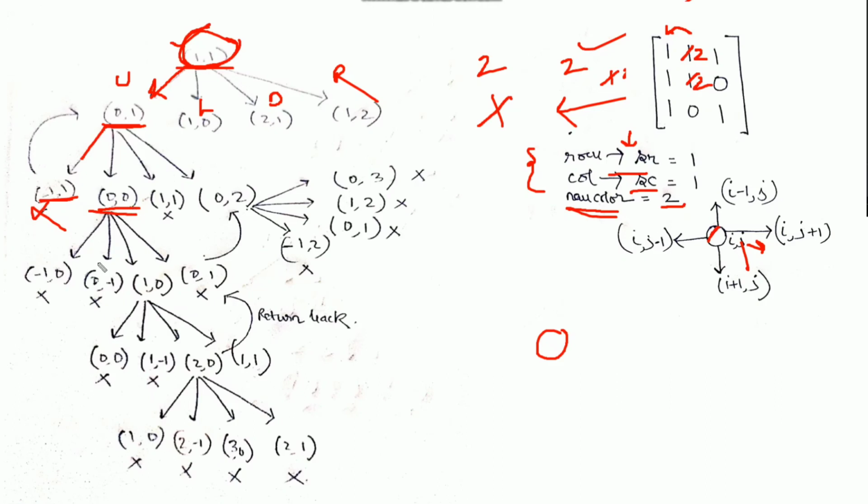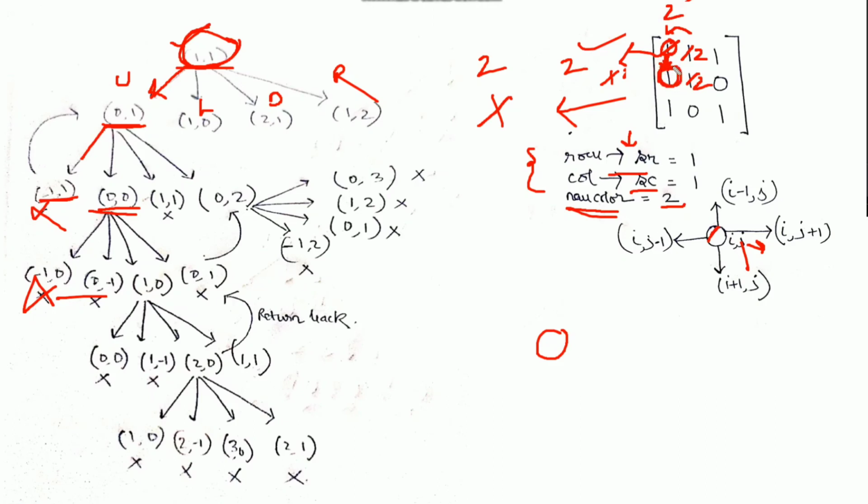Now from 0 comma 0, again we have 4 directions. Minus 1 comma 0, which means up, we can't move because it's crossing the boundary of the matrix. Left also we cannot move because it's crossing the boundary again. Now next is 1 comma 0, which means the downward direction. If we see, we are encountering our initial pixel value 1. The moment we encounter 1, we need to change it to 2. So we can move in the downward direction. Before moving downward, we need to change its value from 1 to 2 and then start moving in the downward direction.